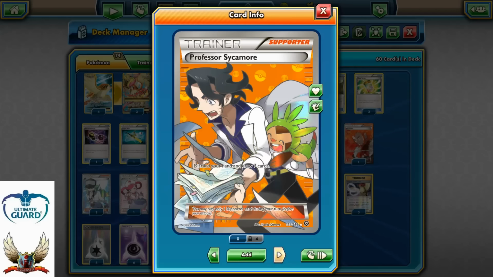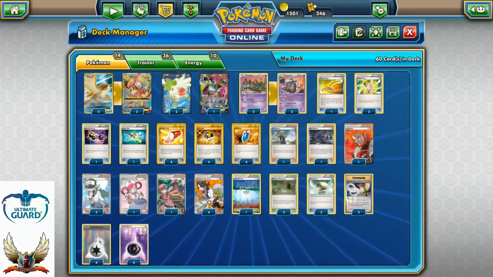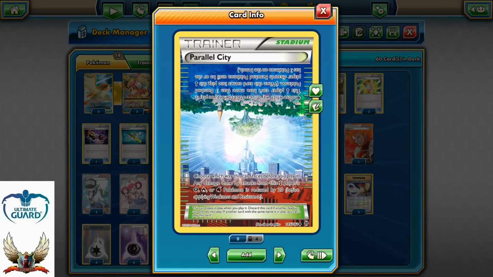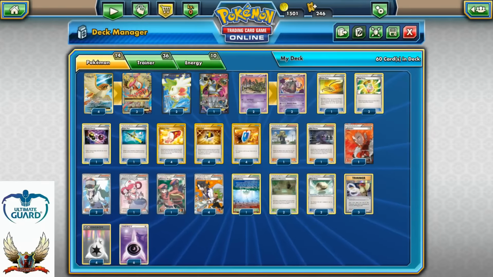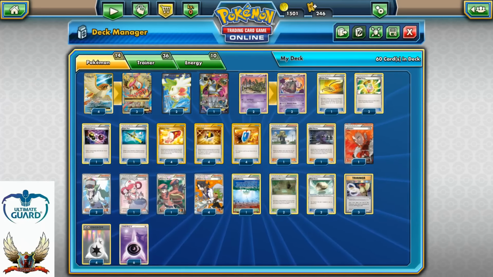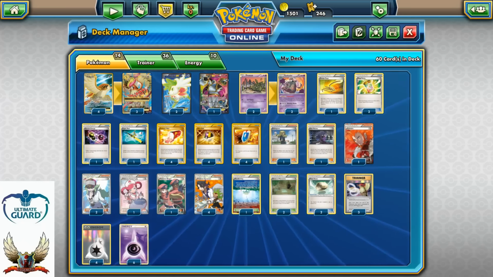4 copies of Professor Sycamore. So basically discard your hand, draw 7 cards. In addition to that, 3 different stadium cards, 1 Parallel City. It will help a lot to remove junk from the bench later. Those Shaymins, Hoopas, maybe even a very damaged Mega Pidgeot. But it will also help you to have at least a better matchup against a deck like, let's say, Mega